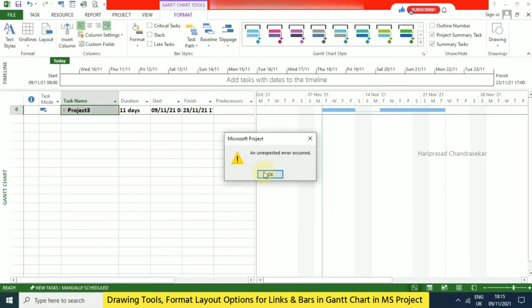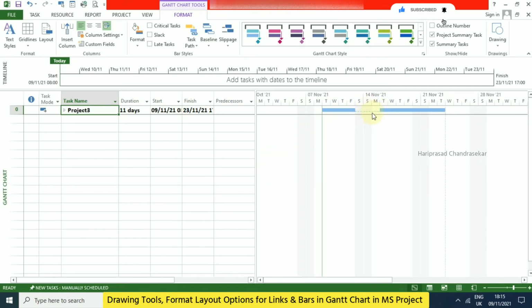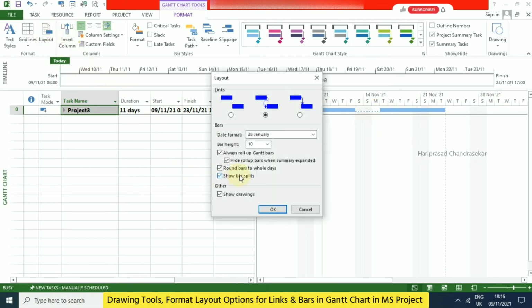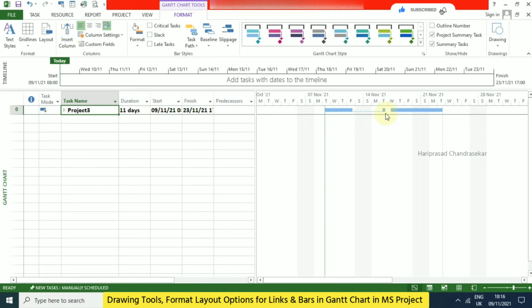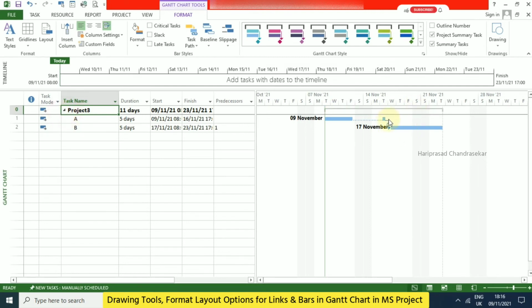If you are removing it, actually we can't remove it. This splitter is essential to show in the summary also. Now we can also go for Round bars to whole days. If you remove it and click OK, you can see this is not like the whole day, because we have an in-between gap, right?